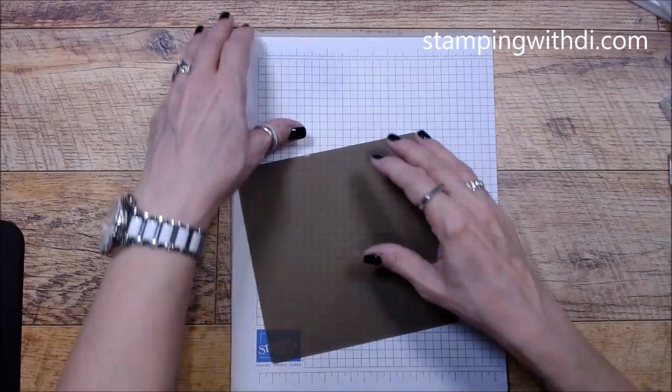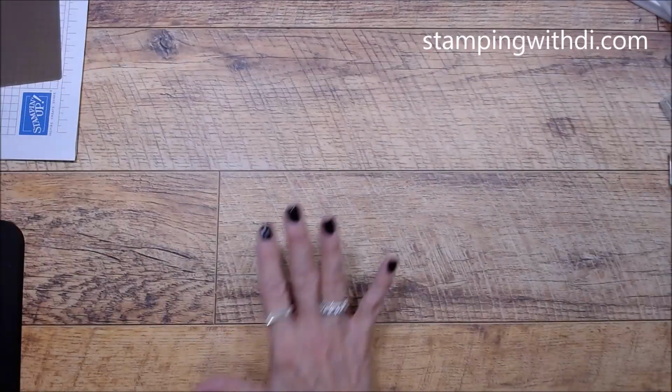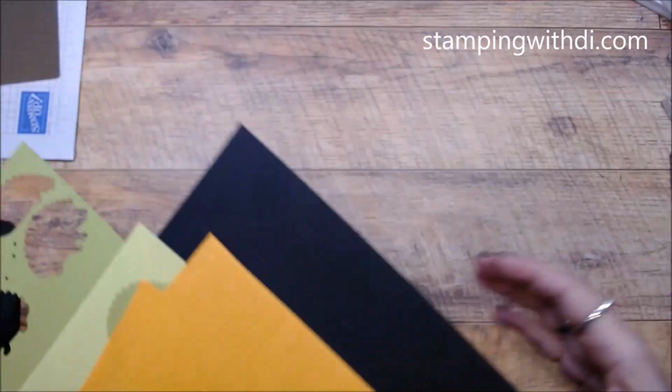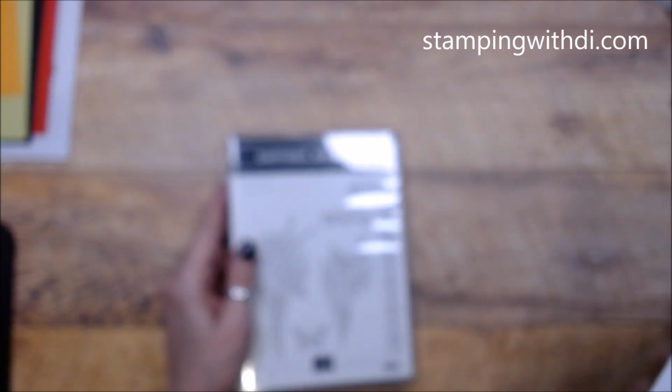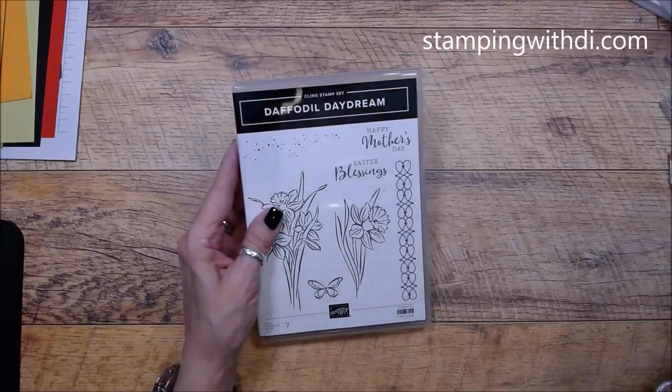So I'm going to need a few things. Okay, so let's get what I'm using stamp set wise. All right, so these are all the things I have out. Now, can you kind of tell what's going on? You have all these fun little colors. All right, so this is what's going to be used today. So let me let the camera get adjusted. There we go. So we have Daffodil Daydream,